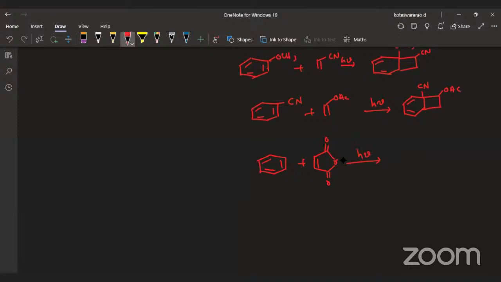Then it leads to the formation of a diene derivative, and a cyclobutane is generated. That is a simple Diels-Alder reaction that can also produce